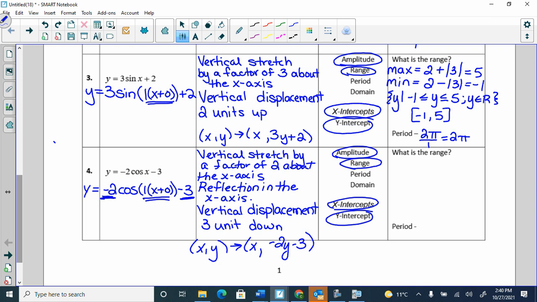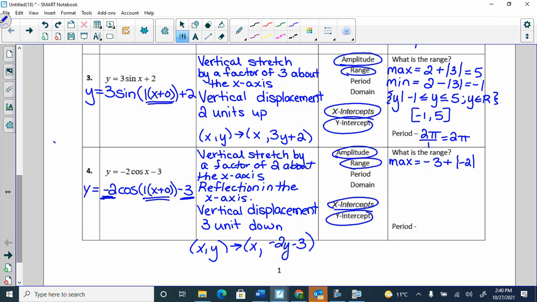What is the range? Well, let's think about it. What is my midline? Where does my midline happen at? Y equals -3. So I'm sitting at -3 horizontally here, right? That's the line that's cutting my graph in half. And then what's my amplitude? 2. So I'm going to go up 2 from -3. So where am I going to be at? -1. And then I'm at -3, and I'm going to go down 2 more. Where am I going to be at? -5. So my maximum is my d value, which is -3, plus my amplitude, which is the absolute value of